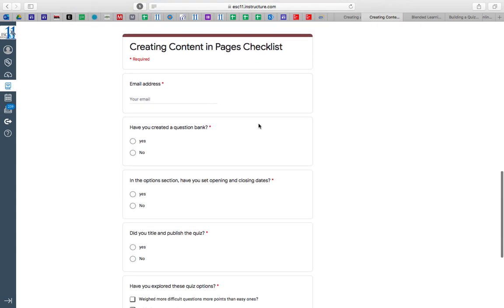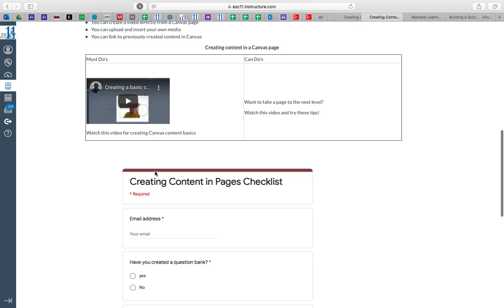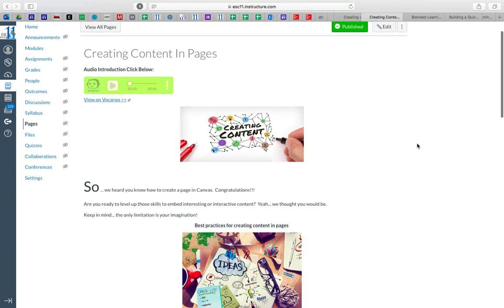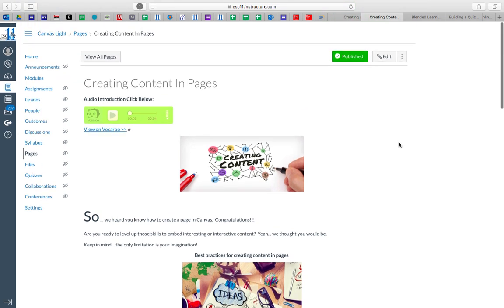And then down here, you can see a Google form that we are using as a checklist. But this is also embedded in the web page. And in our table here, you can see a YouTube video that has been embedded. And so embedding is just a really useful way to trick up your page and make it more useful and more interactive. So we're going to play around with that.